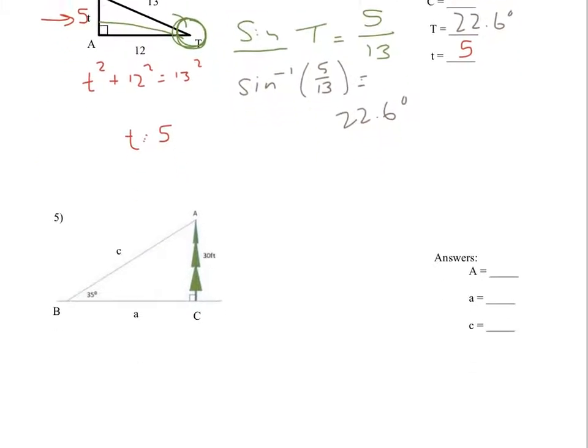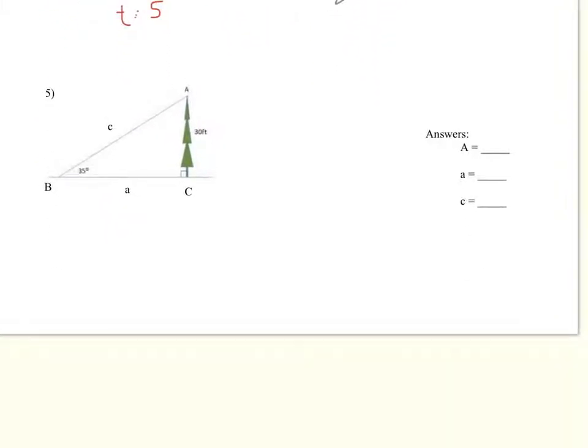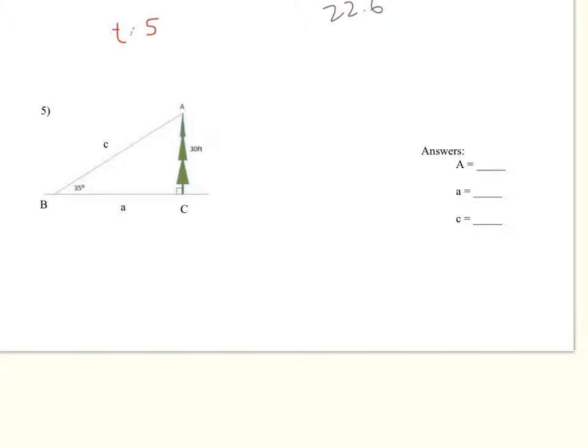Last one here, I think this is the top of your next page. Again, notice in the picture is a right triangle. SOHCAHTOA will be involved. You may, if you wish to, it looks like they're asking us here, to find angle A. So if you subtract 90 and 35 from 180, you will end up getting a 55